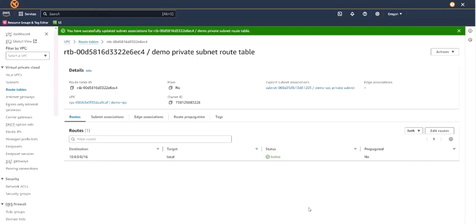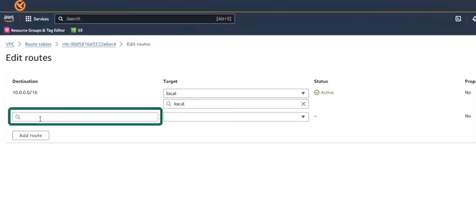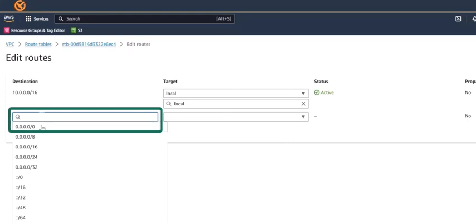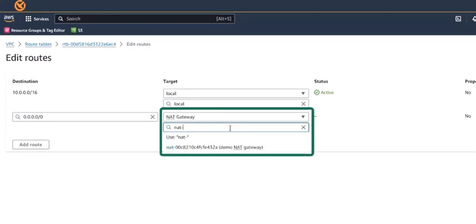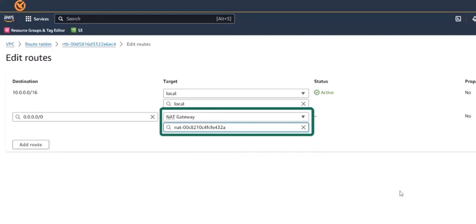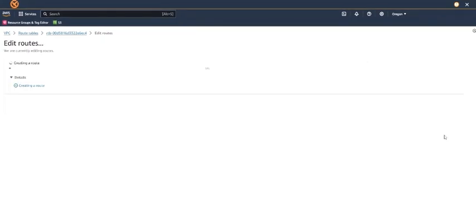And now we will add the gateway route. To do that, select edit route, and then add route. Okay, for all traffic, 0.0.0.0/0, we are going to select NAT gateway, and then the one that we just created, and choose save changes.